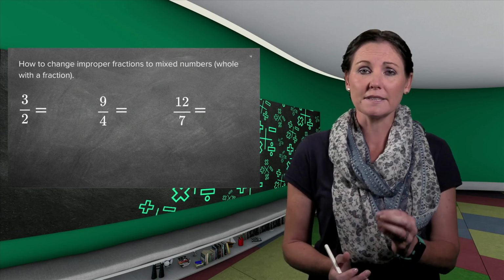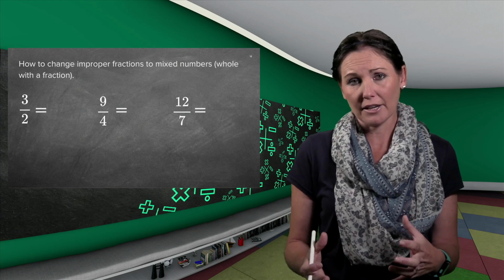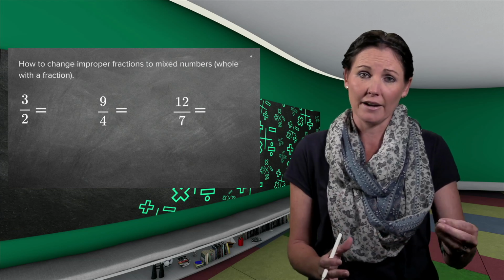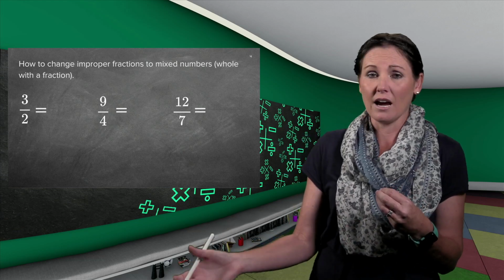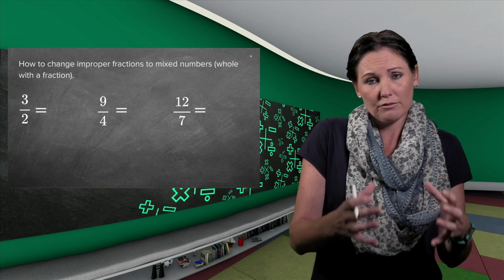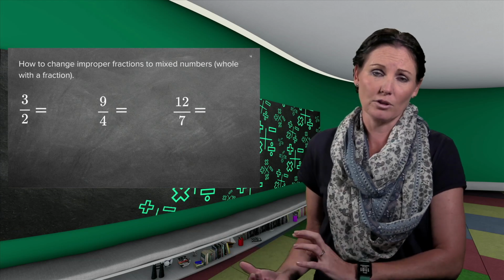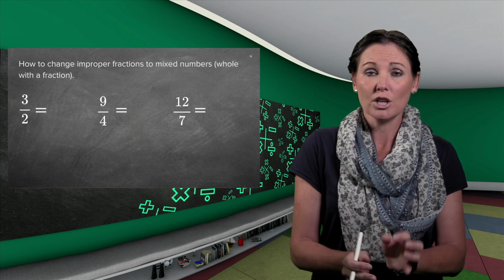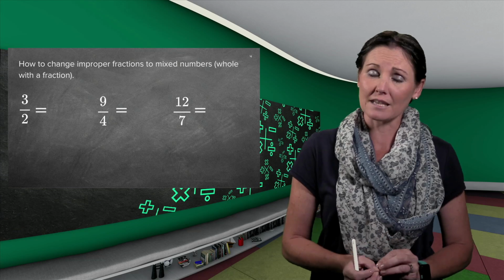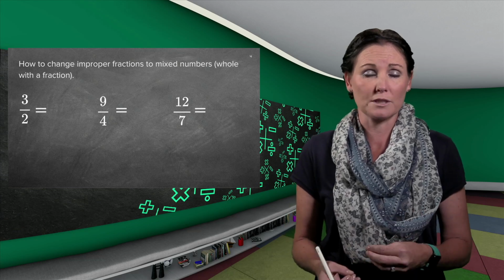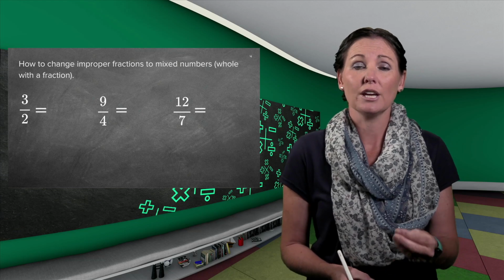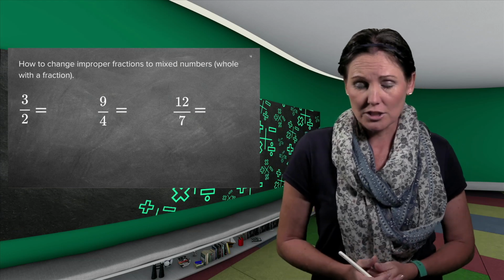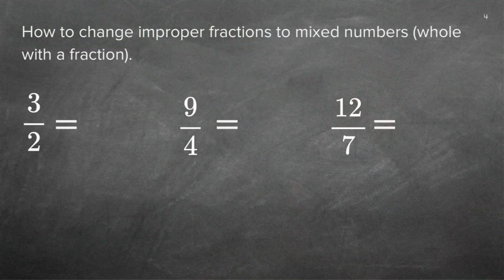Remember, the denominator stays the same. If I had a cake that's divided into 5 parts, so the denominator is 5, and I eat 2, and later I eat another 1, it's not going to be 5 and 5 making 10 parts for the denominator to be 10. It was still 5 parts from the start. So the denominator stays the same when we add or subtract. The only thing that's going to change is my numerator. So let's see how I can change the improper fraction to mixed numbers.